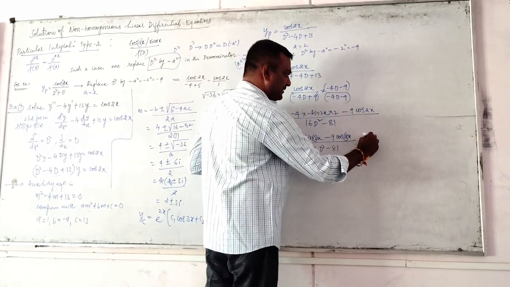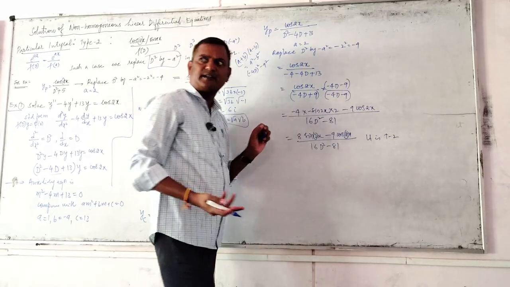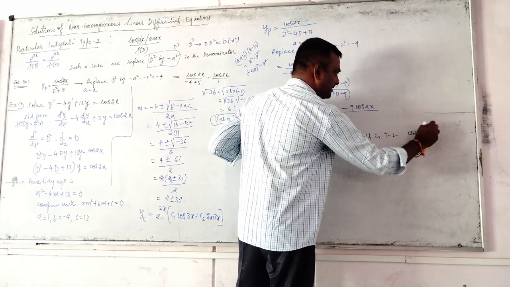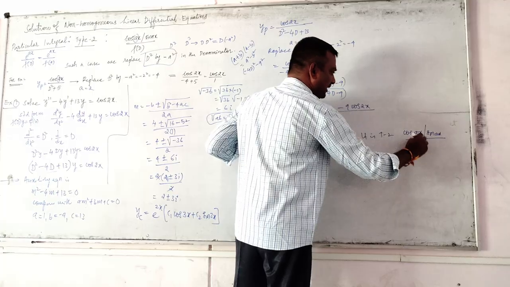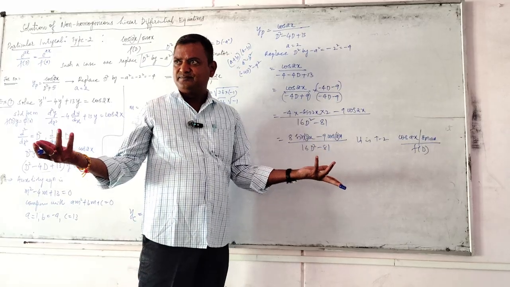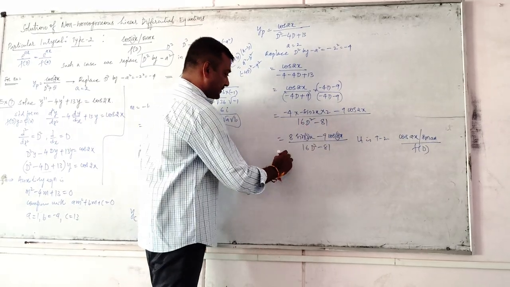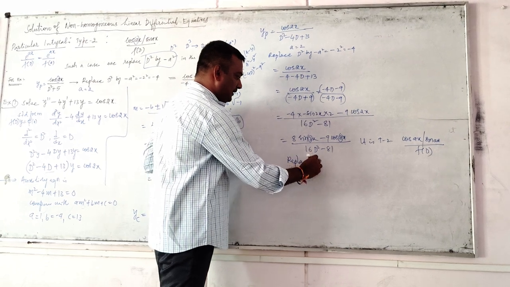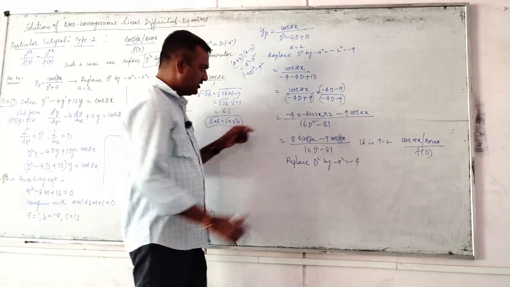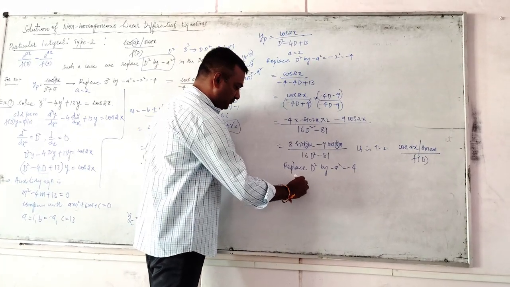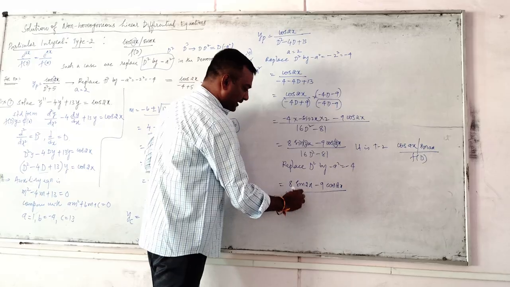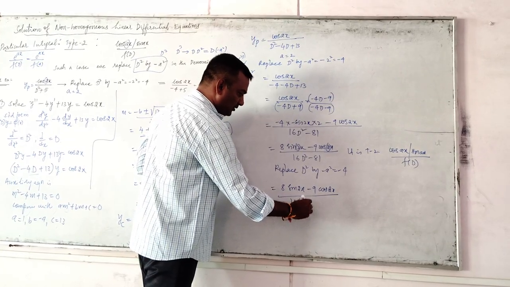So again, you can write here, type 2 example. What is type 2 example? I will remind you people: numerator is either cos ax or sin ax divided by function of d. Isn't it? So what do we need to do here? Replace d square by minus a square. Here minus a square becomes minus 4. Just replace it. 8 sin 2x minus 9 cos 2x as it is, divided by 16 into minus 4 minus